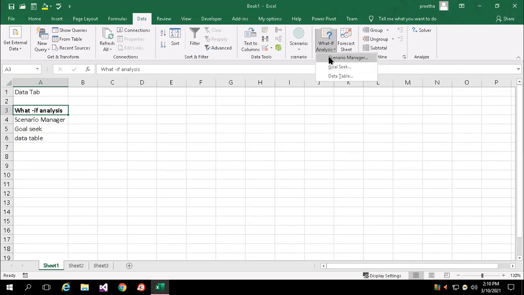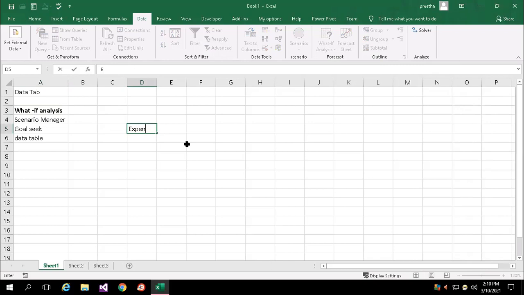For all this I can introduce scenario manager. So the first option, we start with scenario. The first example, let us have expenses, revenue, then we will try to calculate profit.